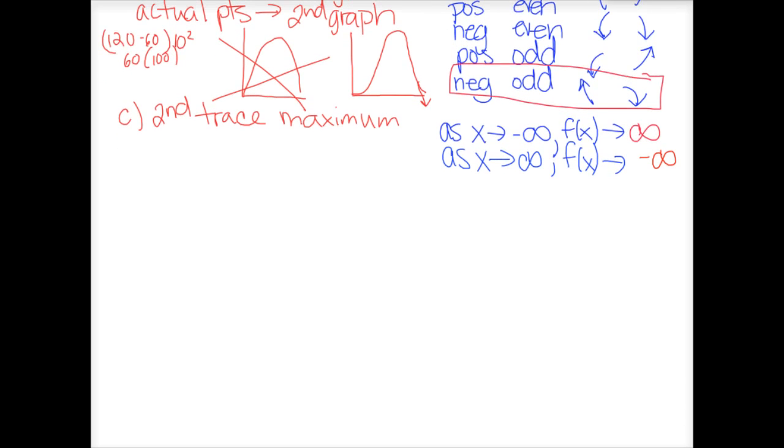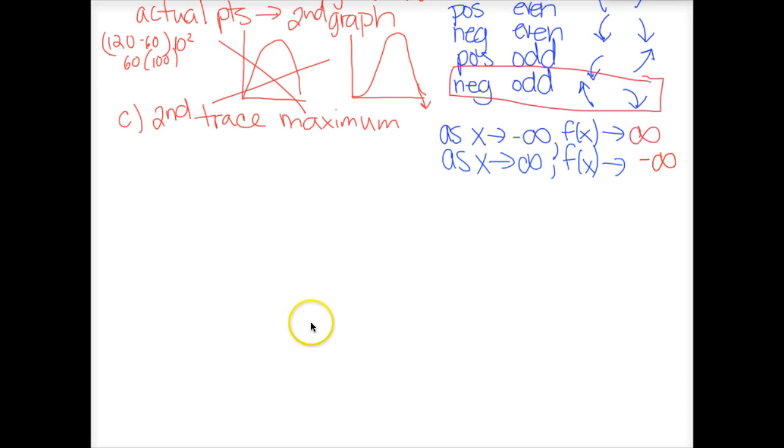Next thing we talked about was whether functions are themselves even or odd. So in your notes, we did this both graphically and algebraically. So graphically, it's even if it's symmetric about the y-axis. It's odd if it's symmetric about the origin,